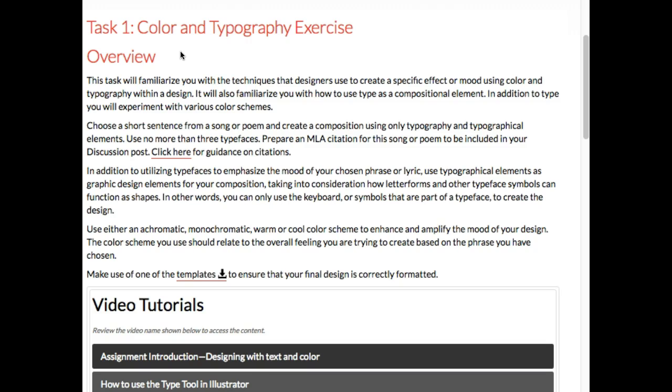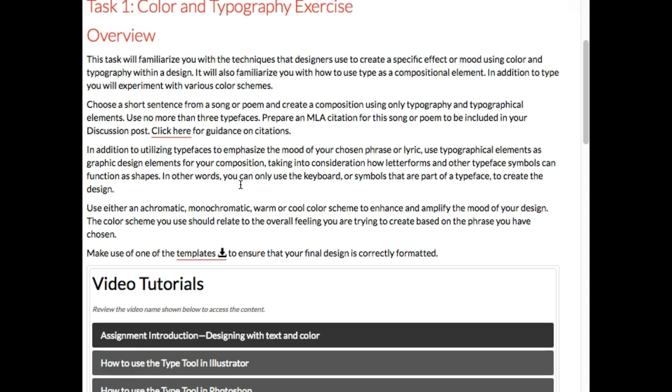There's not a lot else, I guess, in terms of restrictions other than a maximum of 3 typefaces, styles of type. And in terms of color, you can work with achromatic, which is really just a very neutral color scheme. Achromatic is maybe grayscale, just blacks, grays, and white colors. Monochromatic means just one single hue, like you could use all green or all red, and then either warm or